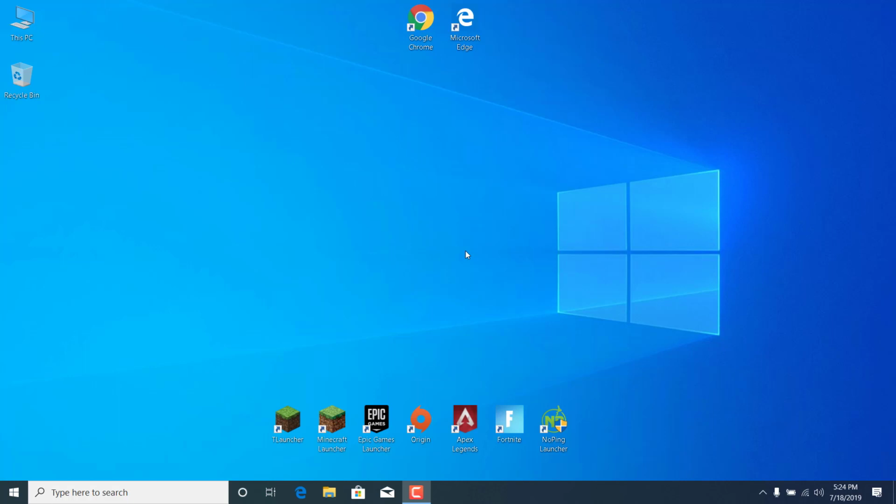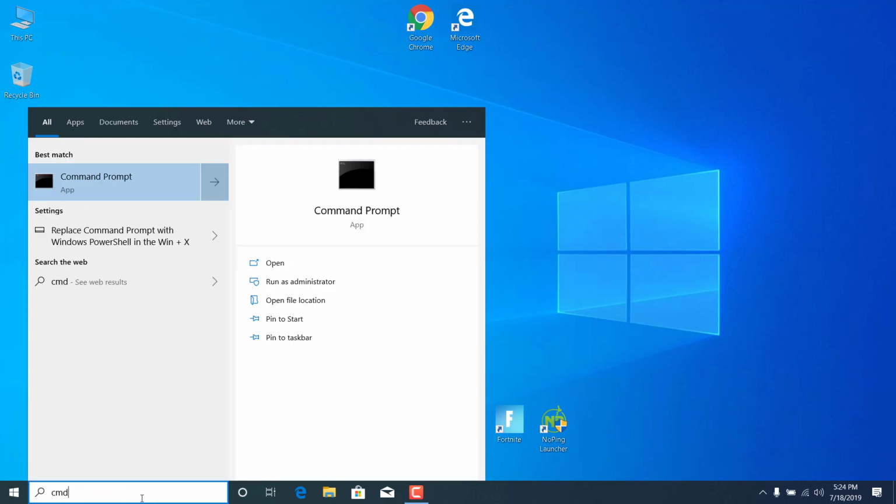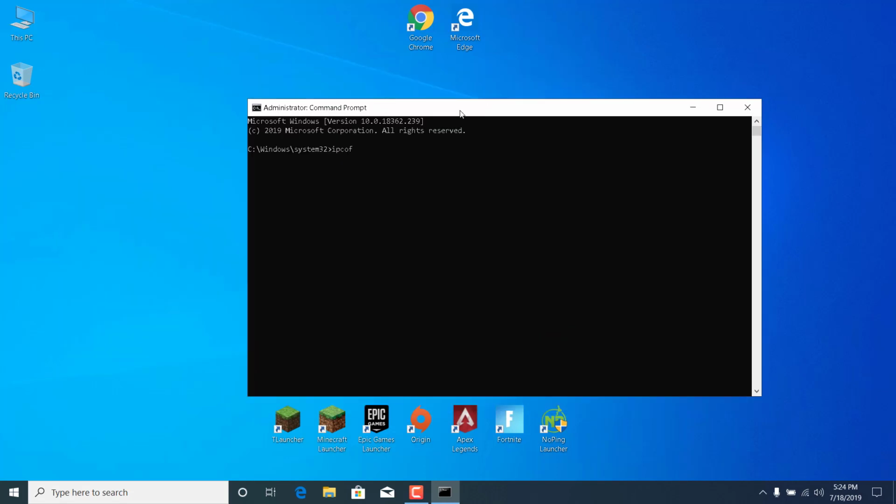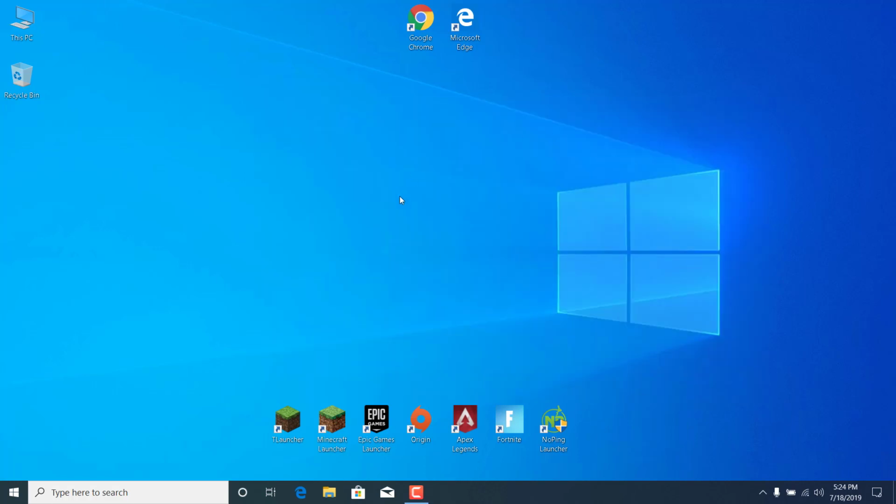So first of all, what you want to do is click on the search bar, type CMD, right click on command prompt, and click on run as administrator, click on yes, and now what you want to do is type ipconfig /flushdns and click on enter. It should say successfully flushed the DNS resolver cache. You can now close the command prompt, and the second step is to right click on the Wi-Fi icon in